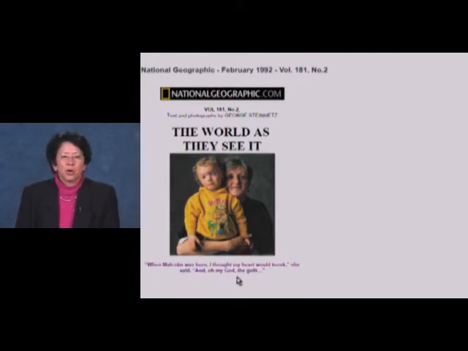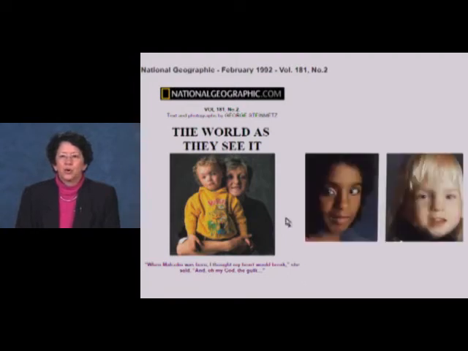"When Malcolm was born, I thought my heart would break," she said, "and oh my God, the guilt." And two other photos. It's important, I think, that as we learn about different conditions and how they present, we try to remember the difference in their appearance in different ethnic groups. Much of dysmorphology and syndrome delineation depicts only Caucasians, so I think it's important to see different ethnic groups. But again, you can see in both of these children the wide-spaced eyes, the flat philtrum, and the thin